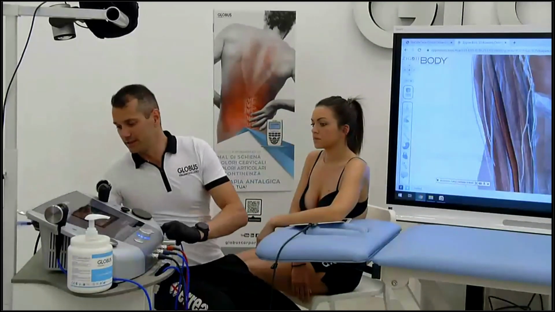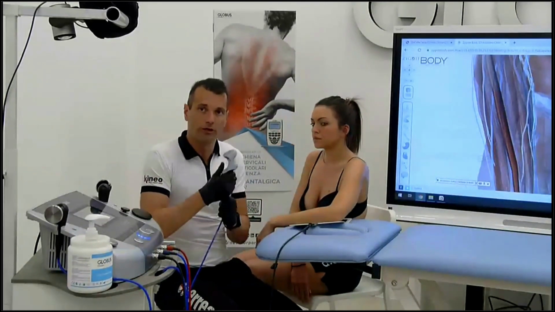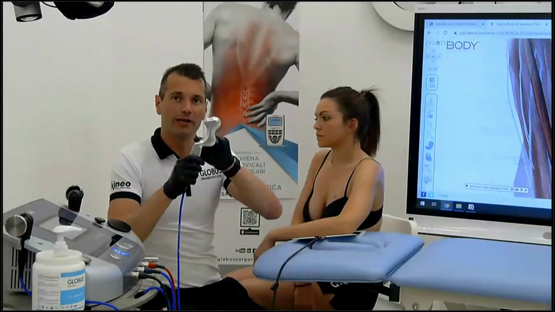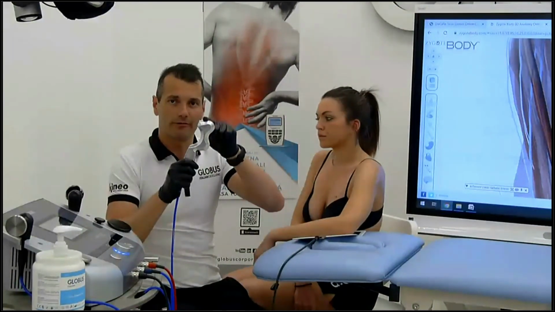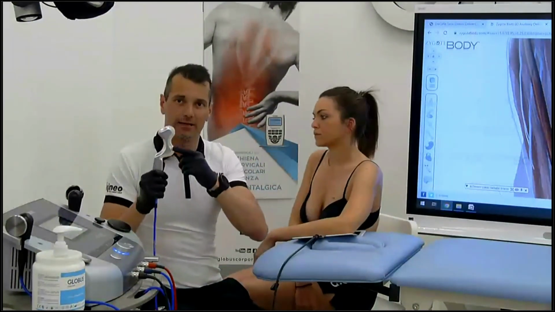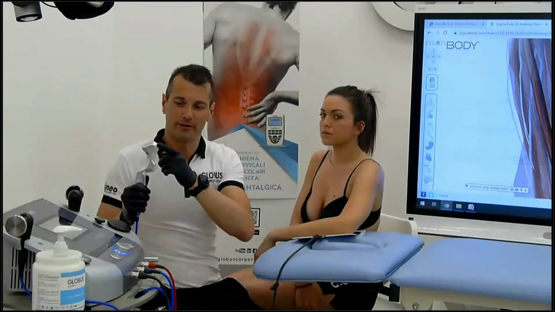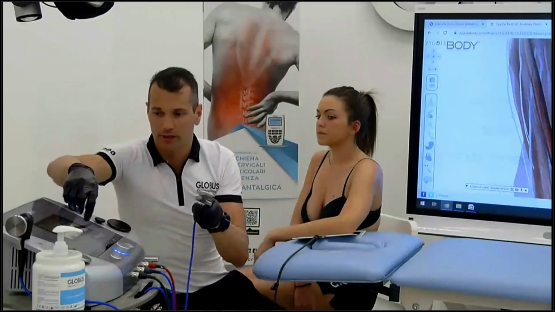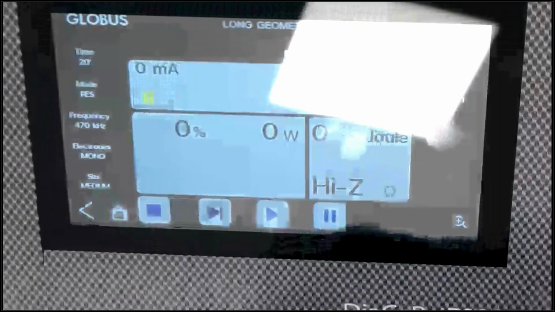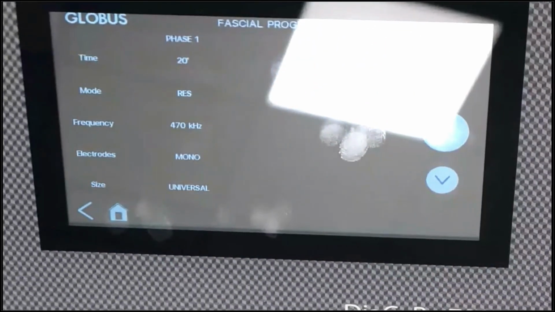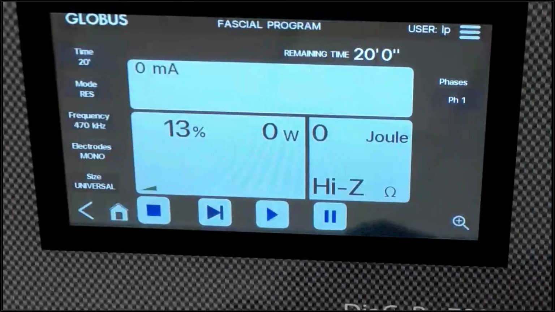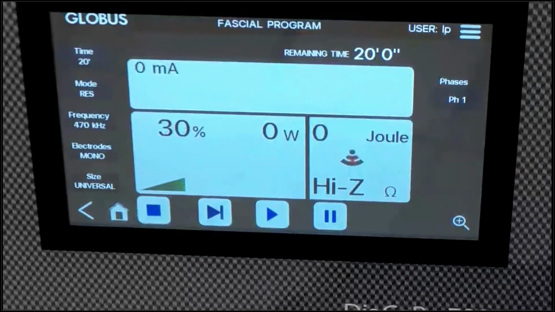So after the typical preparation, we use the Dia Blade small, not on this side. This side is very useful for the lower limb, for the calf and the soleus, but for the upper limb, this one is better. Okay, this here is very easy. So with just a bit of cream, as usual, sorry, I need to go on the fascia program, fascia, resistive, we set 470 kilohertz. I start with just 40%.